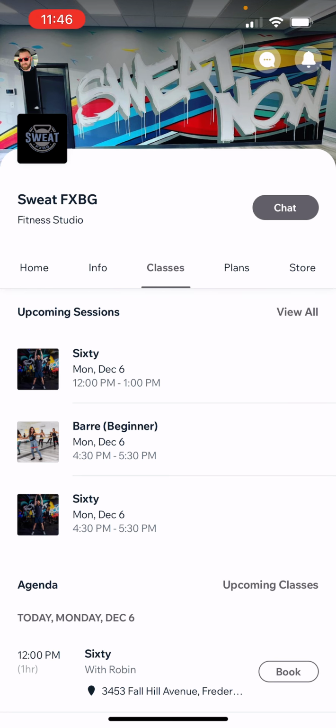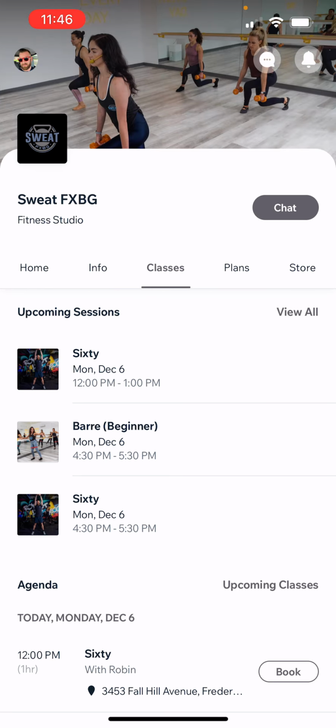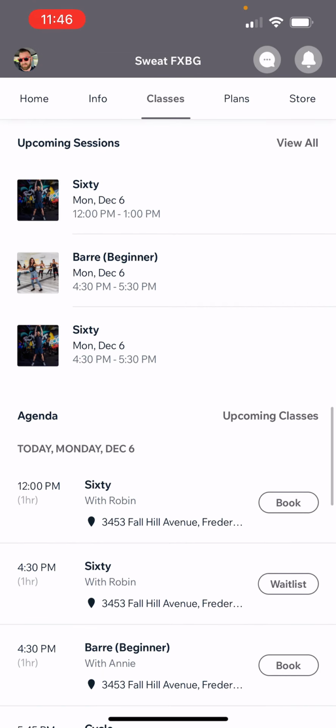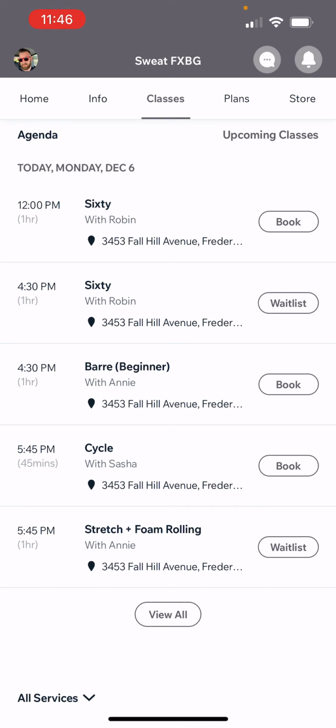The most important tab for most people here is Classes. This is where you're able to book and join waitlists for any upcoming classes. You'll see this section called Upcoming Sessions. It just visually shows the next 3 classes with a nice little icon, but the same information is displayed here in the agenda view. The agenda by default lists 5 upcoming classes,